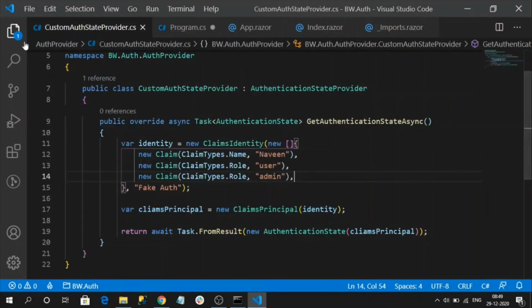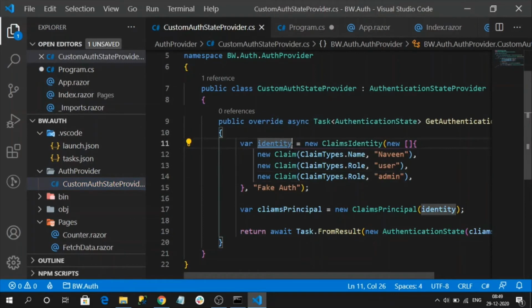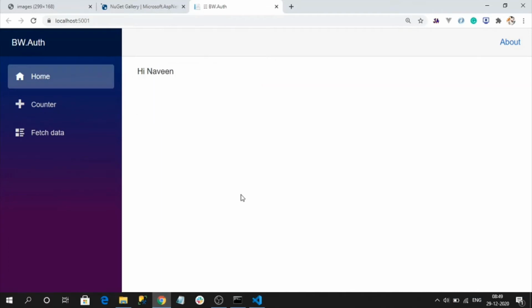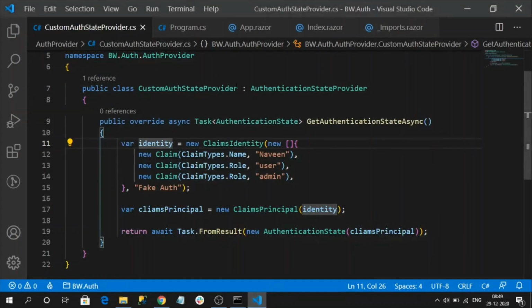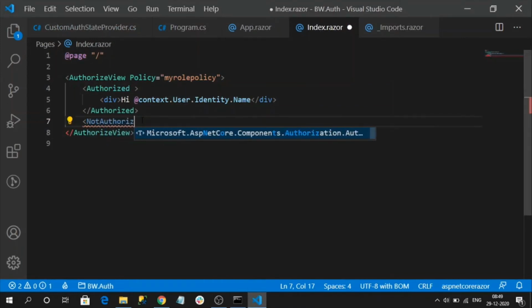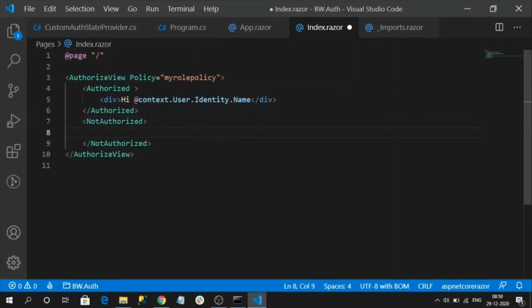Now if I save this and check, I will see a blank page. See, blank page because we have removed the not authorized content, right? So let me add it again. Oops.